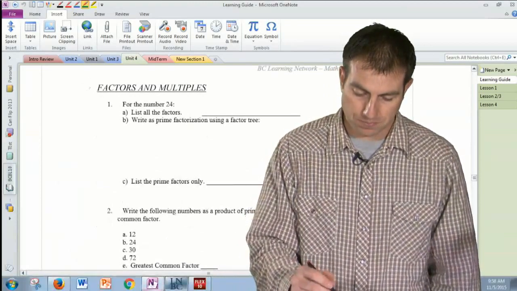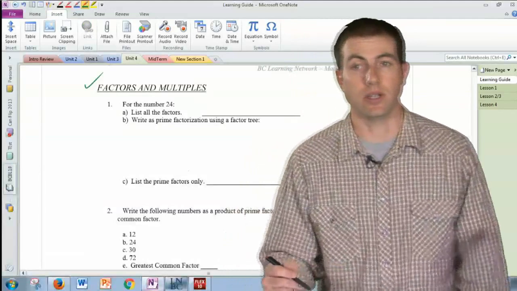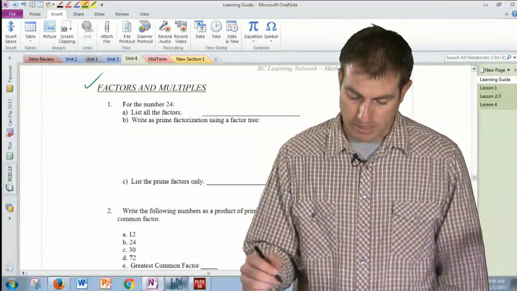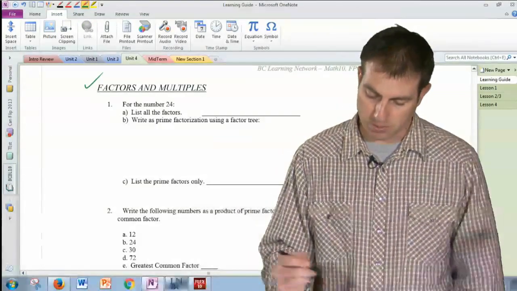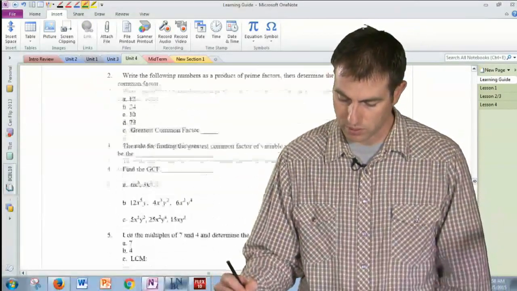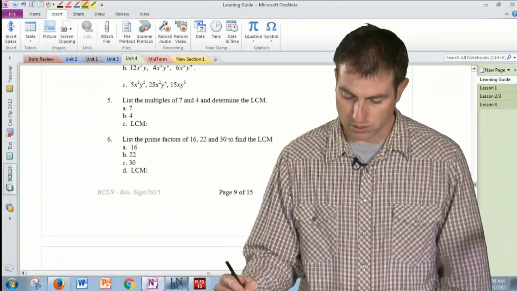Factors and multiples, we're good to go with that because this is just breaking things down into their common factors. List the prime factors only. Write the following numbers as a product of primes. So we're good with all this stuff now. So this is page 9. List the prime factors, find the least common multiple,